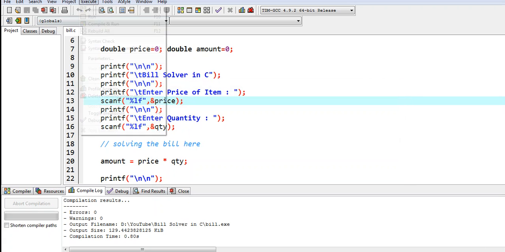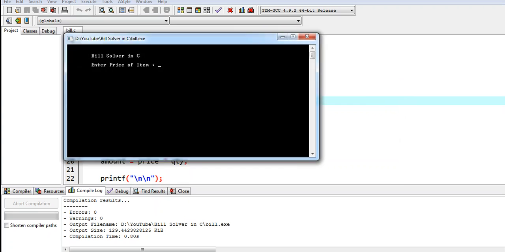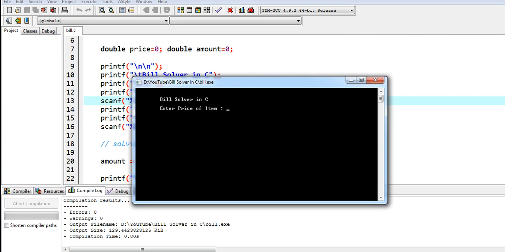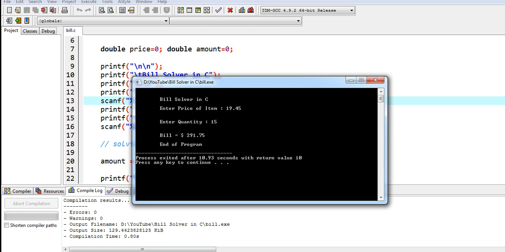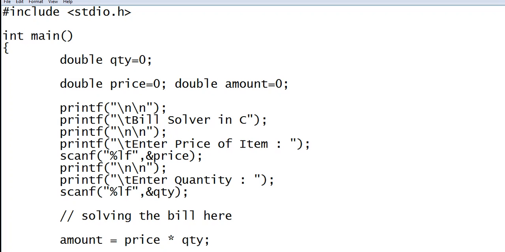Let us close. Let us run again for the second time. Bill Solver in C, enter price of an item, let's say 19.45, quantity, let's say we have 15. So with the quantity of 15, the bill will be $291.75 and the program ends. Okay guys, so this is the end of our tutorial video on Bill Solver in C